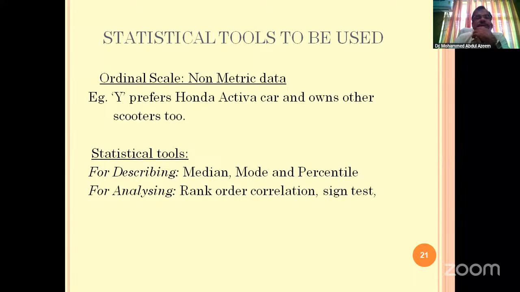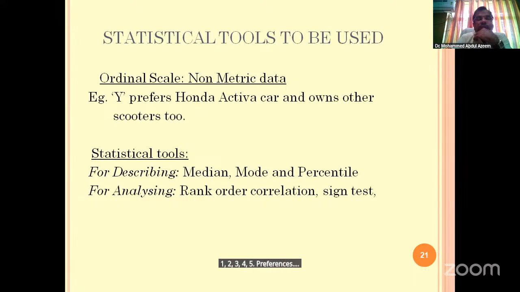It gives orders 1, 2, 3, 4, 5 preferences. For that, if such is the case, we use median. What is the highest income, we say? Median income of the people. Most of the people have what income? We use this one. Or rank correlation, for example his nature before employment, after employment, his lifestyle before salary, after salary. Okay. Sign test we use